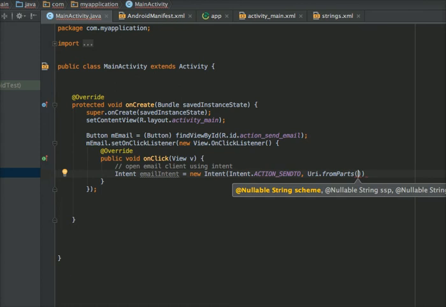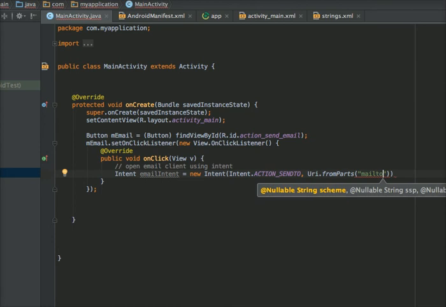This method contains 3 arguments. The very first is scheme, that opens all the applications in your phone that are able to handle the scheme, and the second is SSP, which is scheme specific part, and the third is the fragment, if you want to open a fragment for this action.